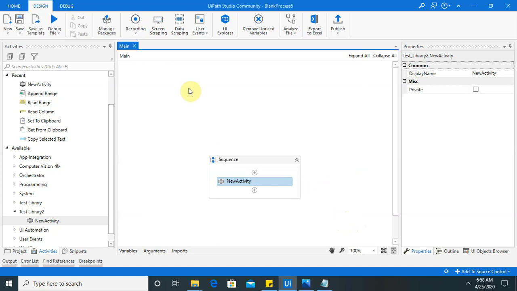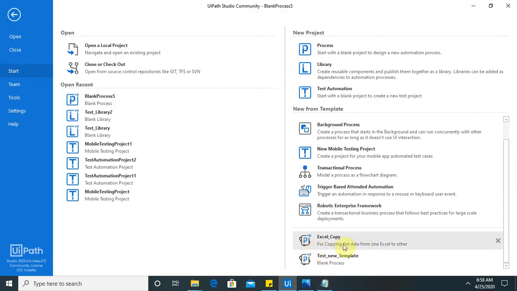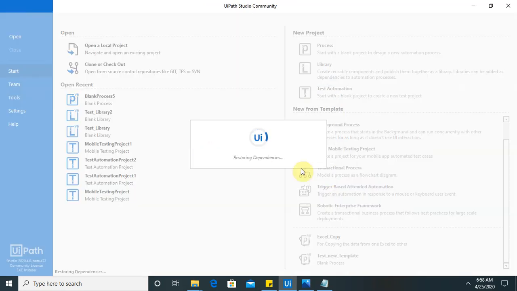Now once the pop-up appears, just go to the home page. Now you can see our other template is available. So by this, once you click on this and create on the blank process, it will jump to our workspace.